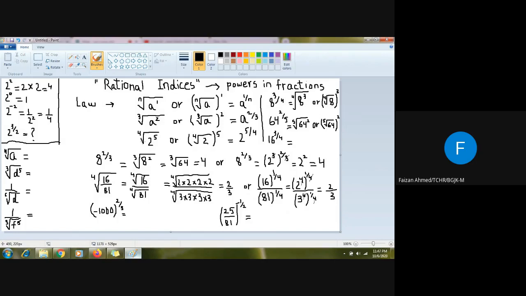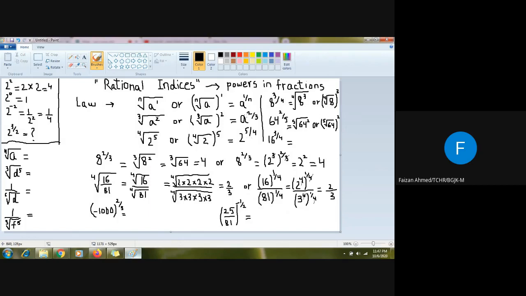One more example: we have the fourth root of 2 to the power 5. Similarly, we can write it as bracket fourth root 2 bracket close, whole to the power 5. Then if we want to convert this radical sign into power, we can write 2, this 5 will come in the numerator, and this 4 will come in the denominator. So it will be 2 to the power 5 upon 4. So this is the law. Using this law, you can convert the radical sign into power, because it is much easier for us to solve a question in powers rather than in radical form. So our first target is to convert the radical form into the power.